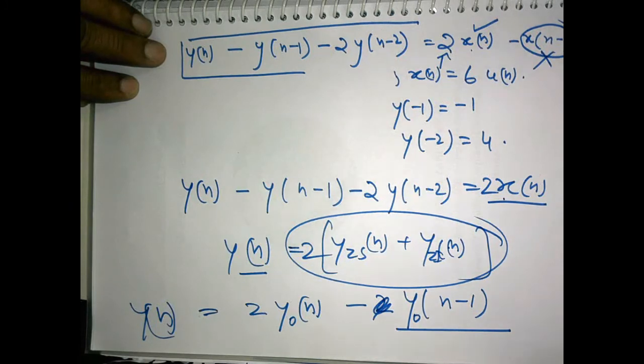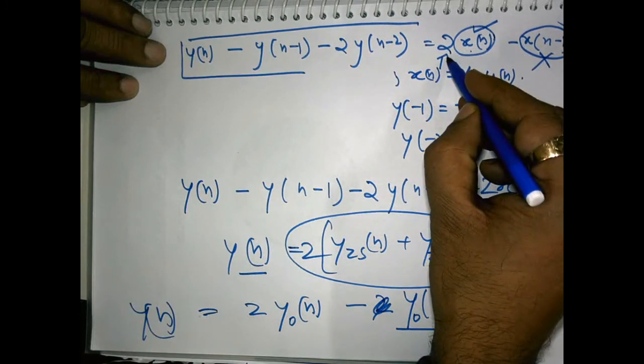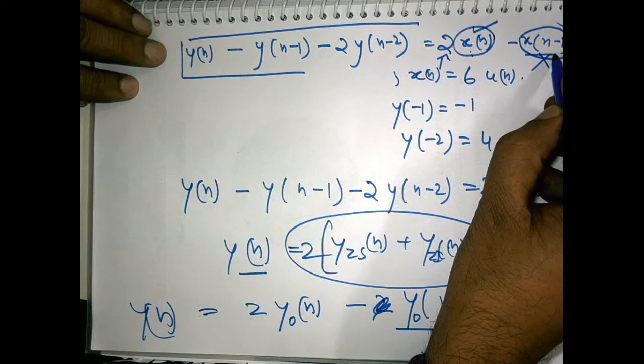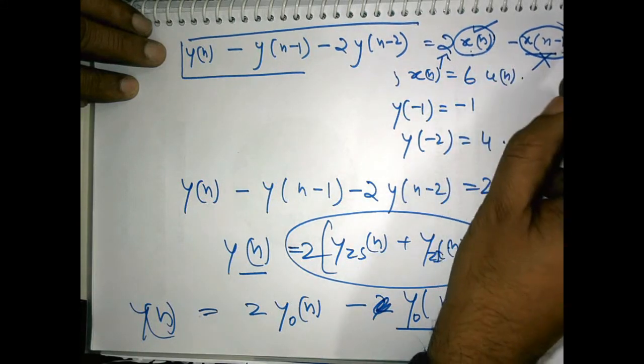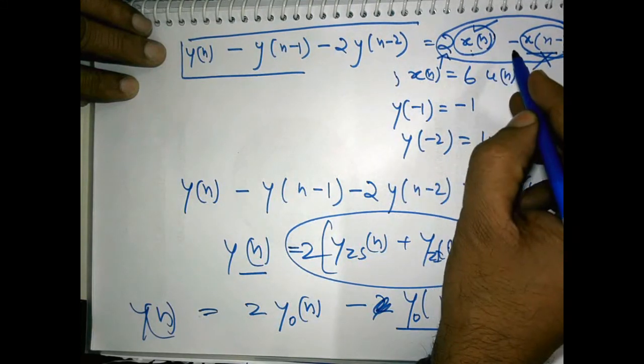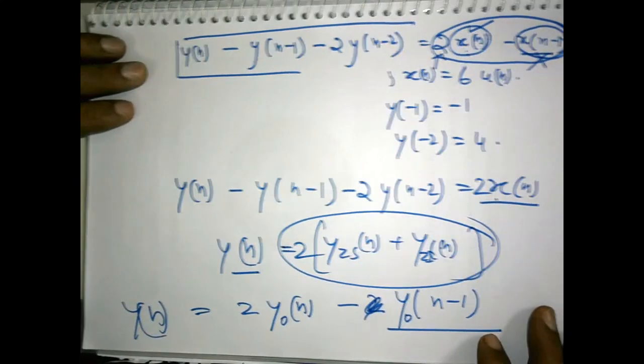So this is very easy. Once you have evaluated for x(n), you can evaluate for twice x(n). Once you have evaluated for x(n), you can evaluate what will be the y(n) for x(n-1). And then you have to add those y(n)s for this equation to obtain the overall y(n). Okay, so this I am leaving as a problem for you.